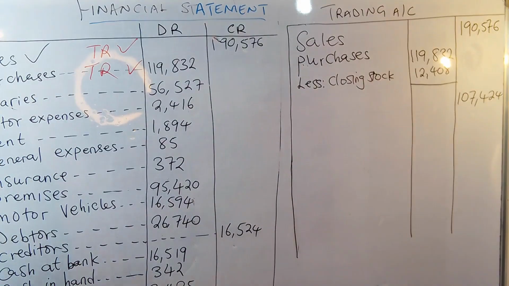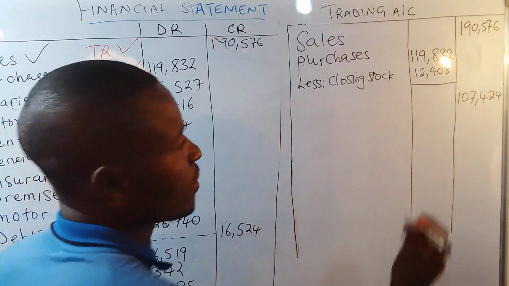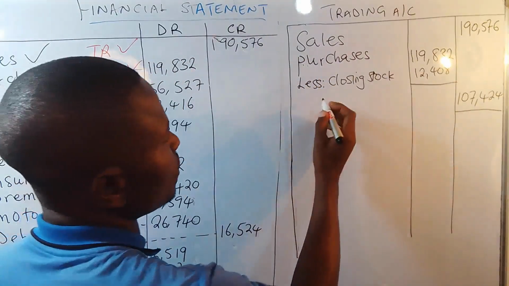Okay, so we are going to get this value, and this value we are going to close off, and this value is going to be called